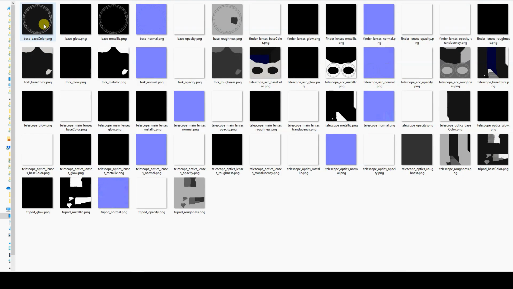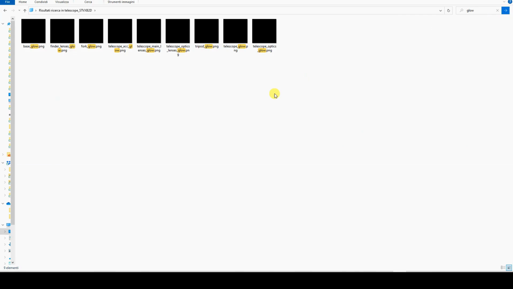For each submaterial in the model, we'll find at least 6 texture images in PNG format with transparency. For submaterials with transparency, Adobe will also provide an additional texture for translucency channel. However, in this specific case, we do not need textures for the glow, opacity, and translucency channels. In fact, we have neither light-emitting materials nor semi-transparent materials, so we will manage transparency without textures in the Principled BSDF material of Cycles, as we will see later. We can then delete the unnecessary files from the folder.